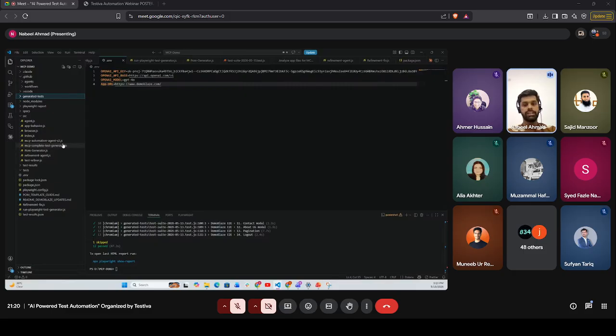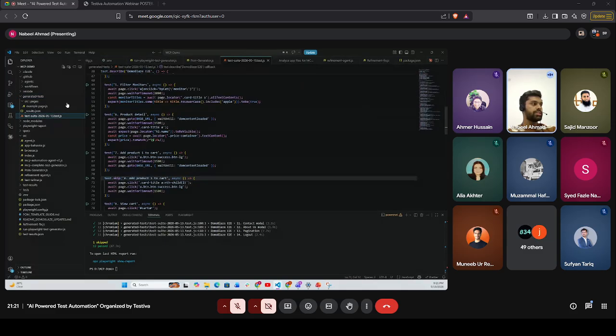It connects our LLM, that is GPT here, with the Playwright MCP, and it will generate, plan, and heal the test cases. But we have not integrated the agents inside Claude chat yet. I have created test cases earlier, but I would like to delete them and create them again.